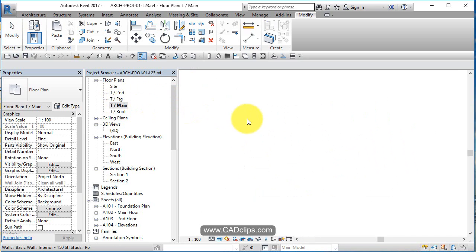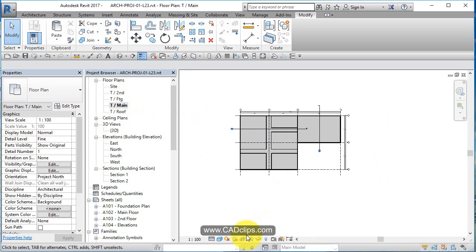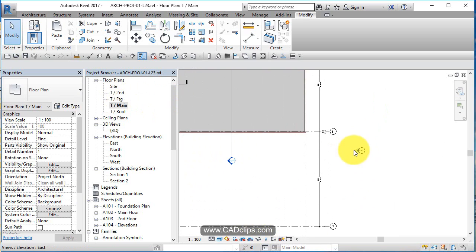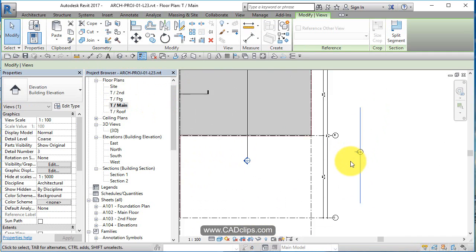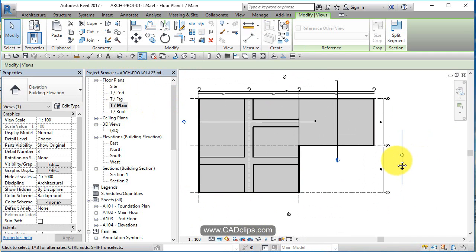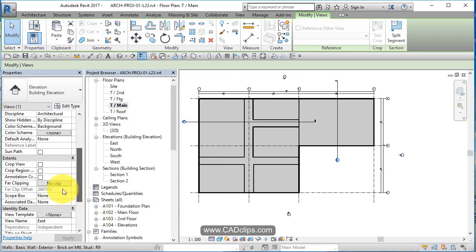So let's just go to a main floor plan. Let's temporarily turn the cropping off so now we can see our elevation bubbles. Let's click on here. Okay. And with that, it's just going to go forever. So we want to go to the properties of that elevation and say, instead of no clipping, we want to